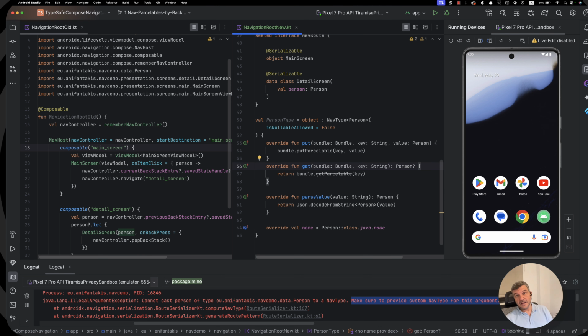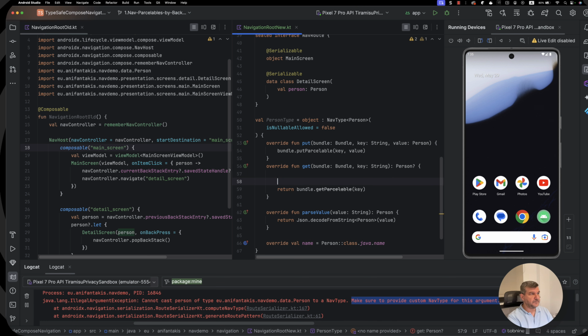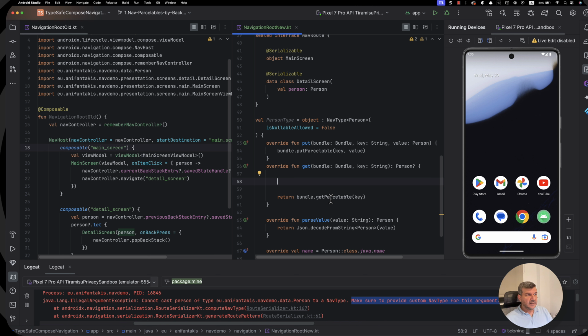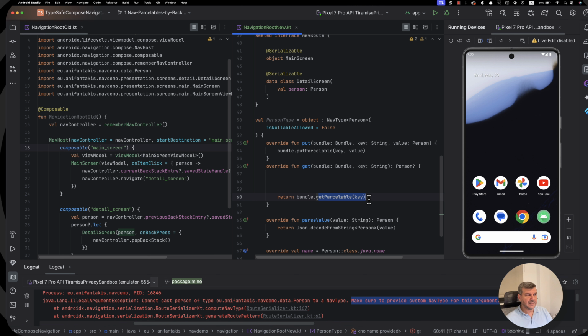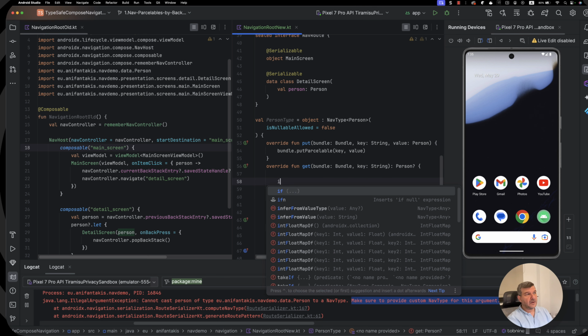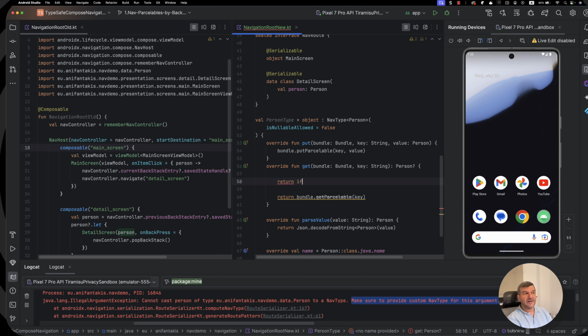And this should be it. However, we have a deprecation and we better deal with deprecations. So our deprecation here says that since version 34, we need to change the way we address this. So since version Tiramisu, we'll return if the build version, and let's import Build,